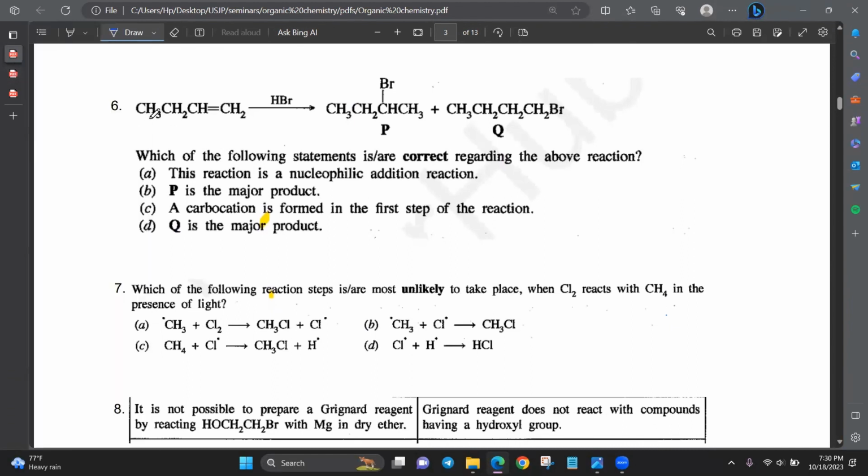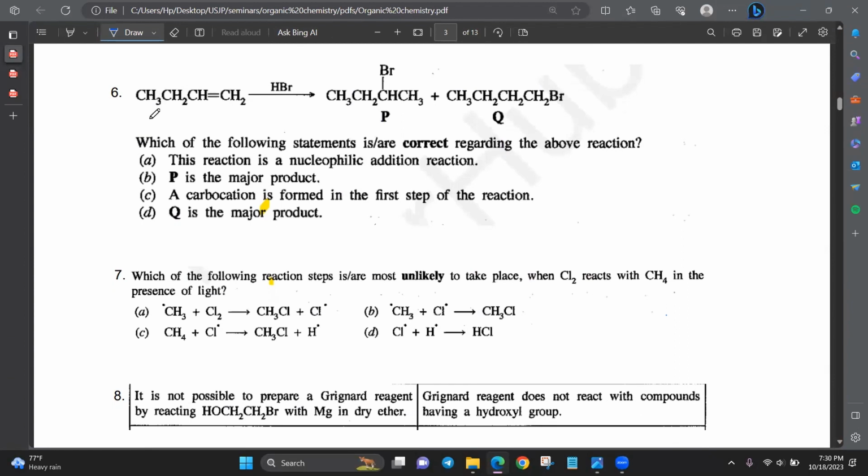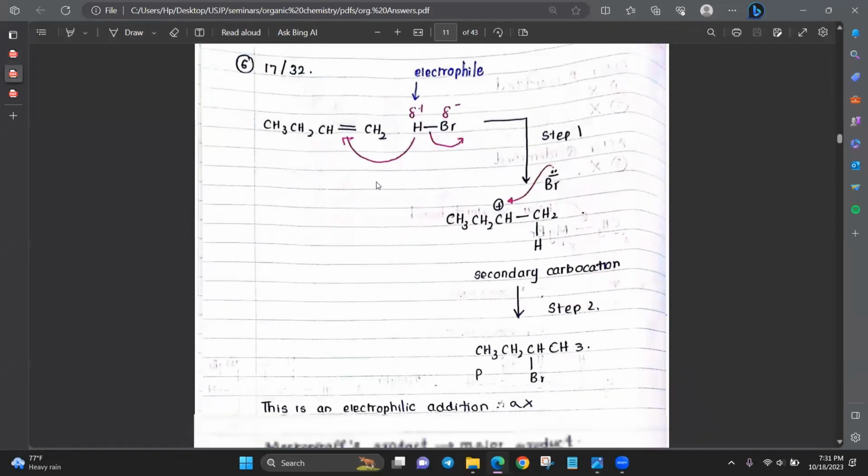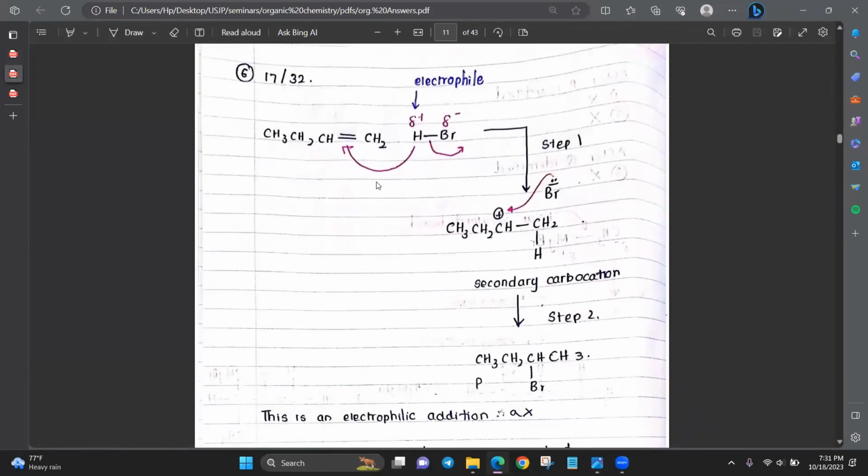Right, let's go to the 6th question. Now they have given us this reaction with HBr. Alkene is there, alkene reaction with HBr. If you all know the mechanism, you can easily answer the question. So here I have given the mechanism. Alkene is reacting with HBr. HBr is a